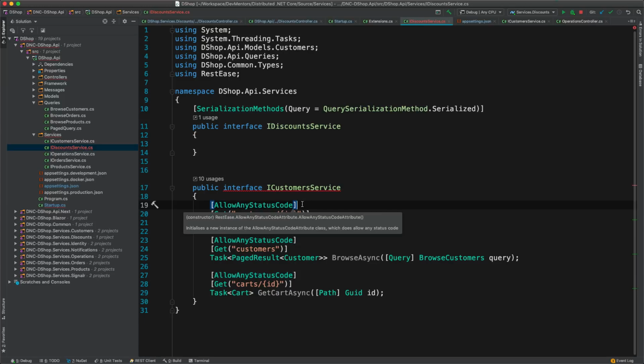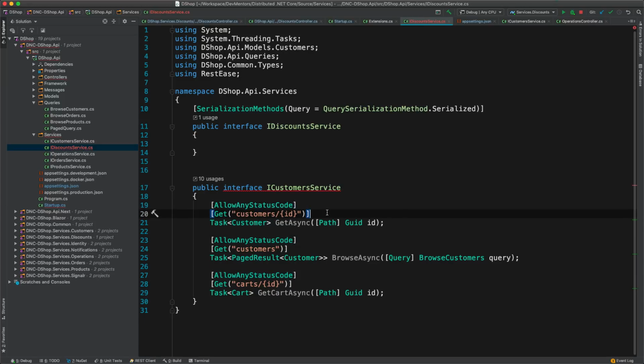So in case it would get a 404, not found, from our discount service, RestEase itself would throw some exception, and we know that the 404 is fine. This is the status code that we would actually want to return to the user